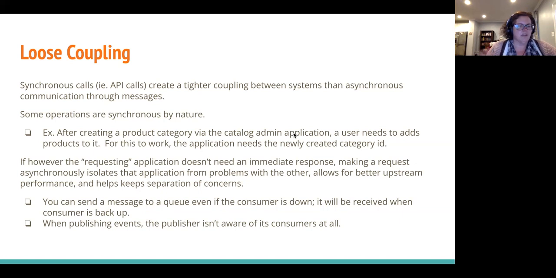One example, getting back to our ubiquitous e-commerce example, is if you're managing the catalog and you create a new category for products, the logical next thing you're going to do with that is put products in it. Well, you can't put products in it if you didn't get what the ID of that category is that you just created, because you probably mostly know how relational data tends to work. So when you create the product category, you want to get back a response that says, yep, I created it, here's the ID, have fun.